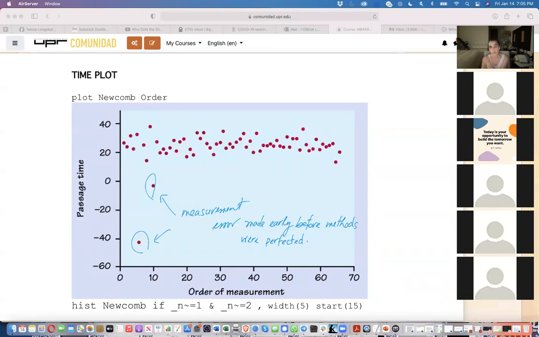So these errors were made early on in the process before the methodology or the methods were perfected. So in this case, we have an argument that we can eliminate